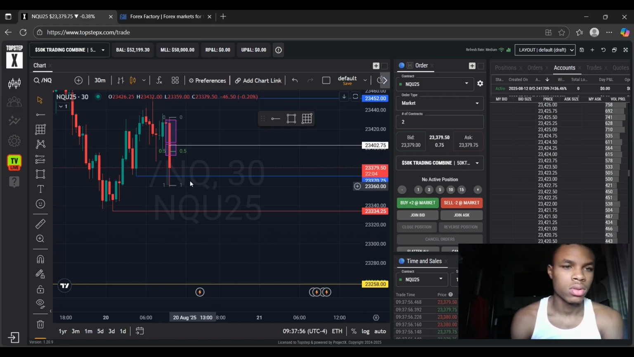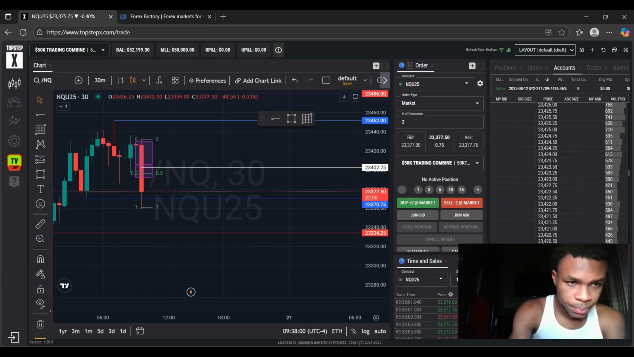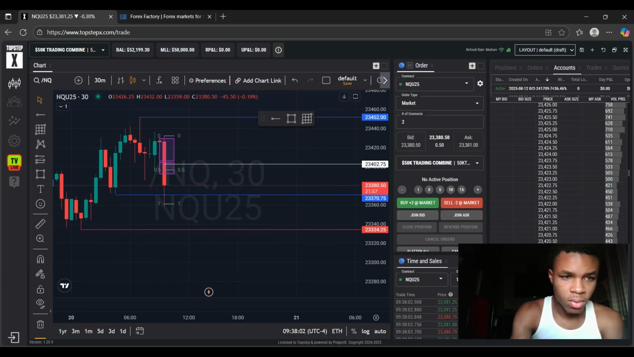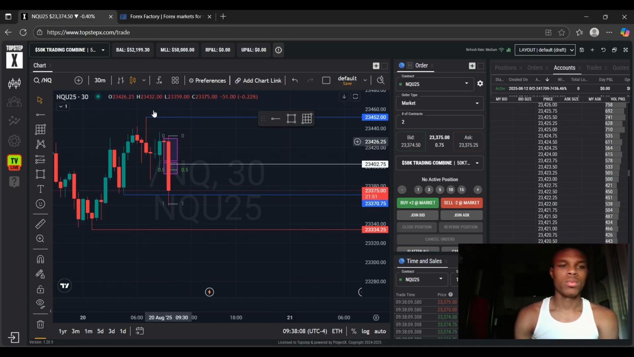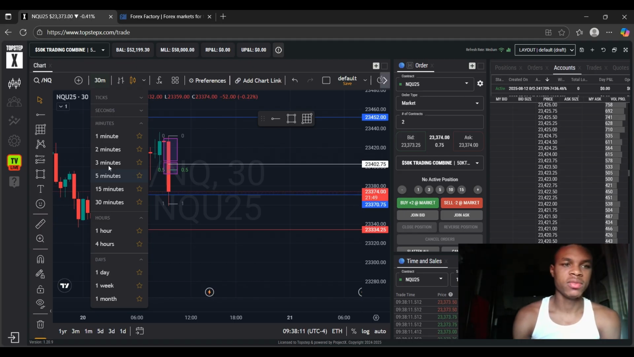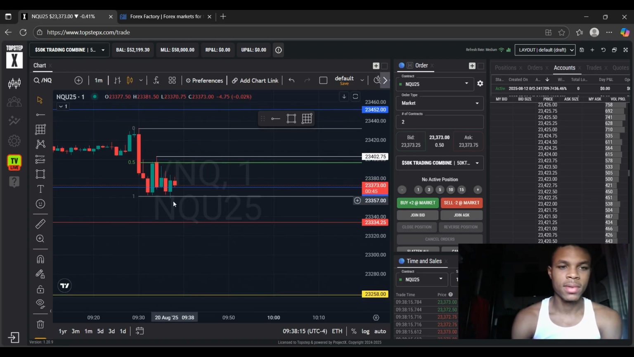So 30 minute, yeah. It was 30 minute. Oh, 30 minute, we didn't even get the breaker structure. Well, we got it. Yeah, we did. We got the breaker structure on the 30 minute. Just waiting to see if we hold the liquidity sweep. Swept the liquidity. Now we just got to see what price wants to do. If price is going to continue,